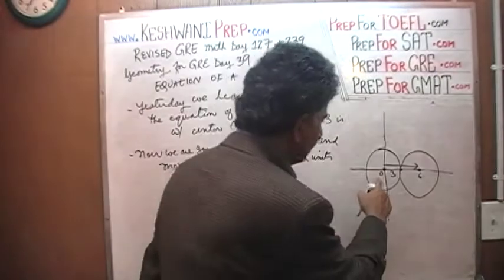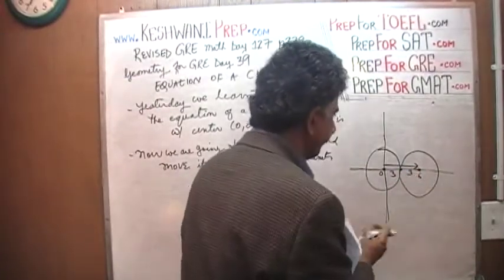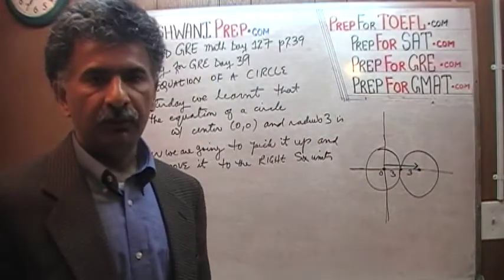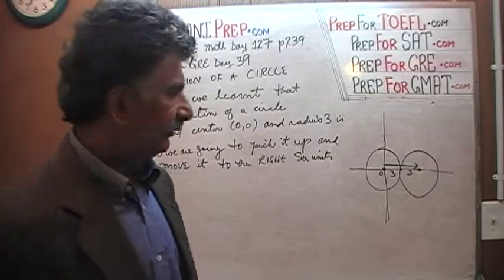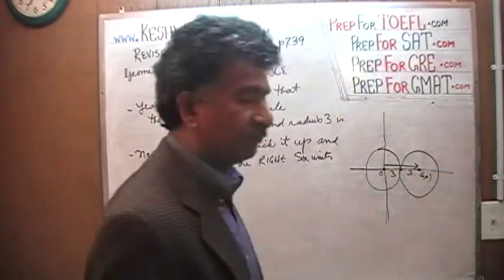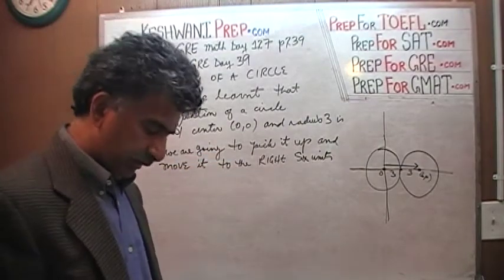Because from 0 to the edge here was 3, and then from here to here is 3. So the new center is no longer at 0, 0. It is at 6, 0. The coordinates of this point are 6 and 0. The x coordinate is 6. It has been shifted by 6 units. As a result,